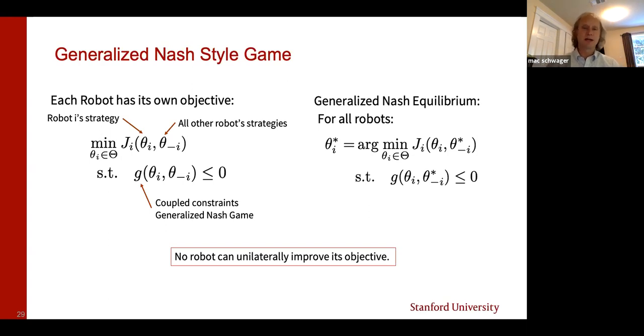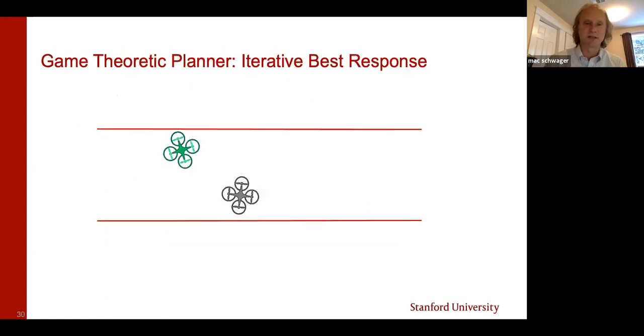So what we're trying to do now is solve for generalized Nash equilibria in the space of trajectories of multiple robots in some sort of competitive or non-cooperative multi-robot scenarios. This could be multiple robots racing in a drone racing scenario, or it could be multiple cars sharing their road on the freeway or merging onto the freeway. It could be a car sharing road space with a pedestrian who's going through a crosswalk. That's the idea. So I'm going to start with an intuitive algorithm that's called iterative best response.